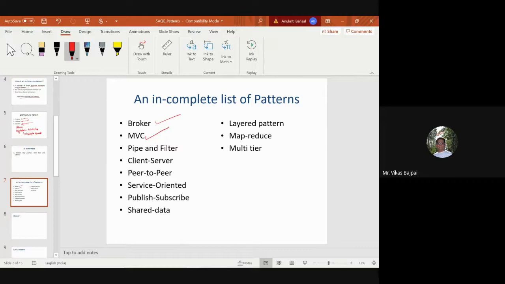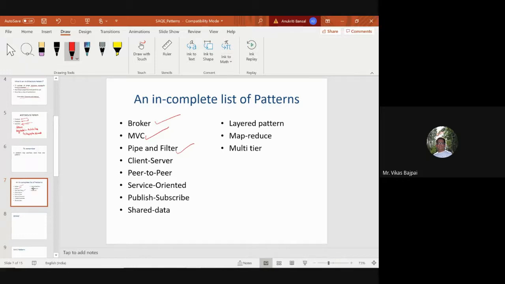You might have covered this in your software engineering course as well. Are you familiar with the MVC pattern or not? Yeah, we will see this MVC pattern. We are not going into the technical details of it, but we'll see the implementation part of it. We'll also talk about pipe and filter.